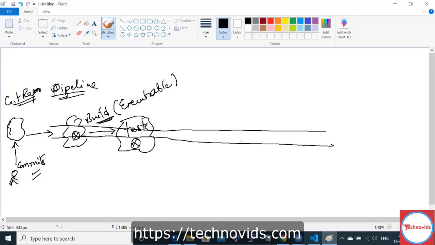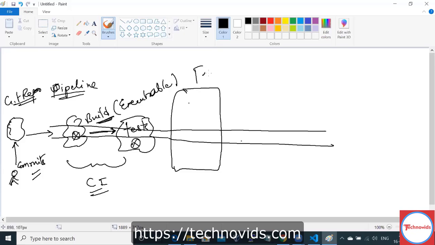Testing happens. Now, this is only the integration part, the CI part, the continuous integration part: build and test and publish the test results. Then your test results are published and your build is dropped in an Artifactory.